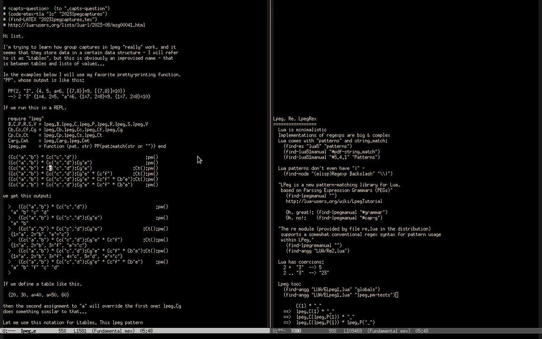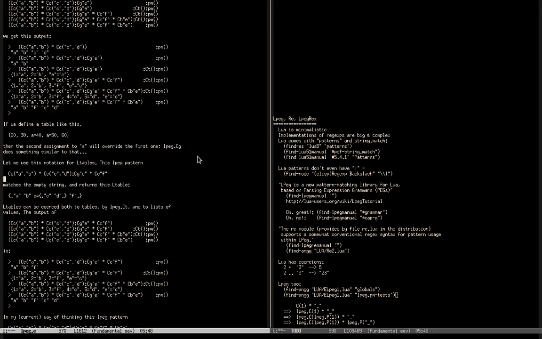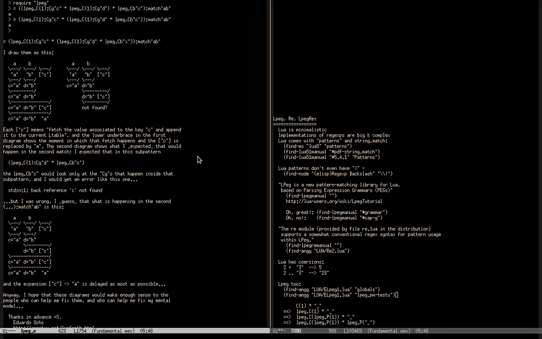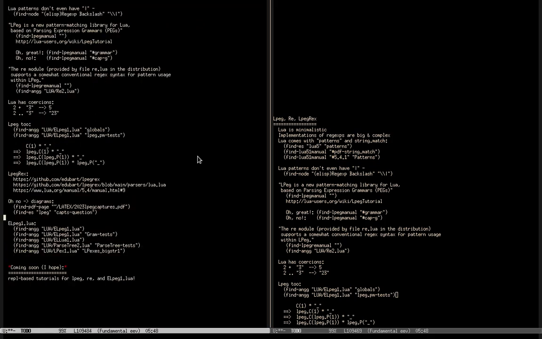So this is a copy of one of my messages. Then there's another one, some with the diagrams. Then he complained about these diagrams. He said that these things here that look like table constructions do not exist, and whatever. Anyway, once I understood group captures, many features were very easy to understand.